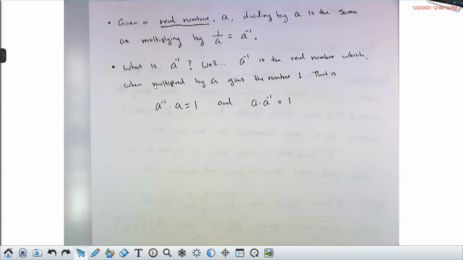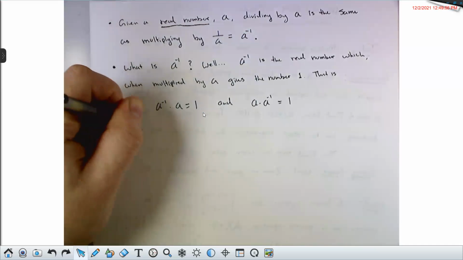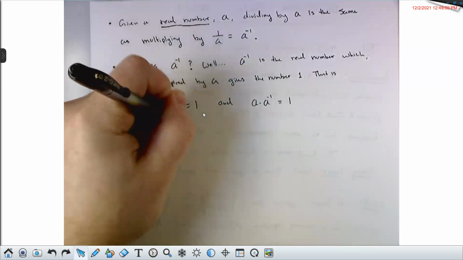So here we have the necessary pieces to start trying to talk about what it might mean to divide by a matrix. Division is the same as multiplication by this inverse thing. This is called the multiplicative inverse. So dividing by a is the same as multiplying by a inverse, the reciprocal of a. And the reciprocal of a number is this new number that you get, such that when you multiply it by the original, you get 1. In order to generalize this to matrices,